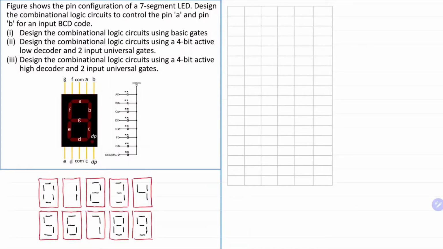In these questions, you are given a 7-segment LED, and then you're asked to implement or design a combinational logic circuit to control this 7-segment LED. So this is a circuit that is given. The LED circuit, you see, is driven by a high logic through an LED